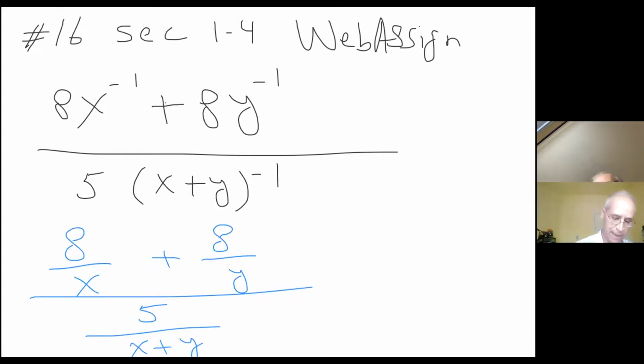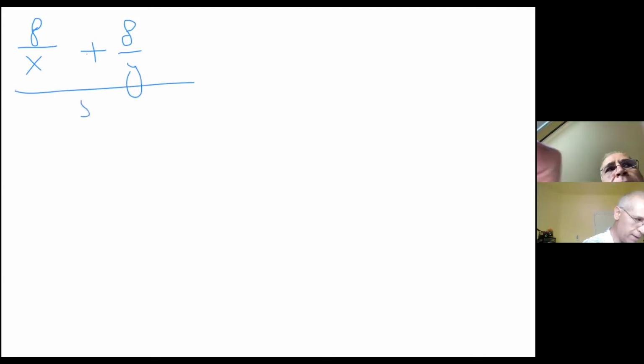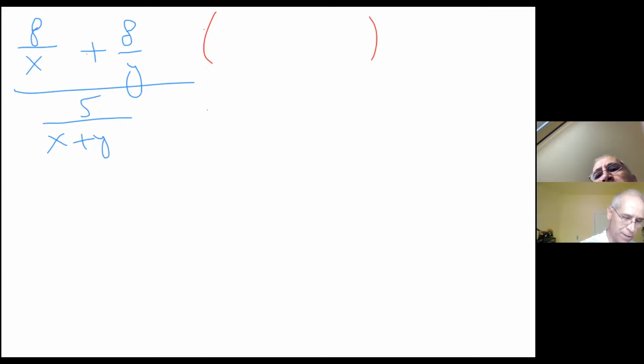Now, let me go to the next page. So we have 8 over x plus 8 over y over 5 over x plus y. So I'm going to go ahead and multiply the top and bottom of this complex fraction by